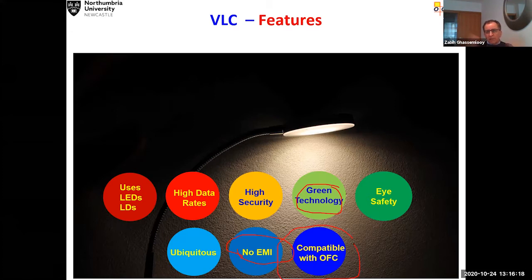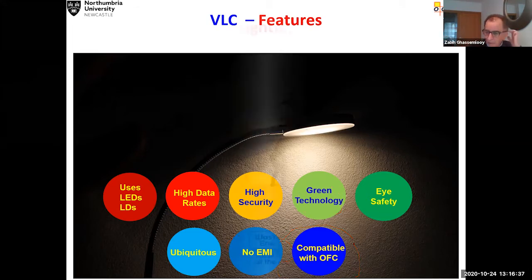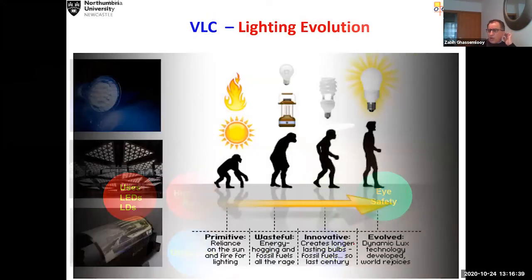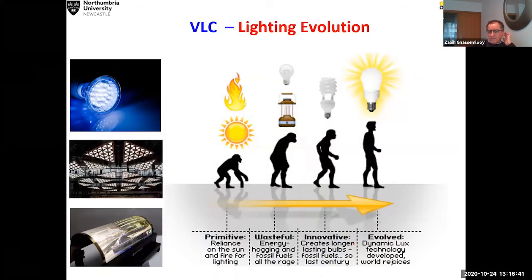This has dominated the global backbone communication. Whereas this technology is not for a backbone, it is for the last meter front haul of access network. But you can make it compatible in terms of data rate and performance compared to your backbone. So what sort of happening in terms of the light itself?